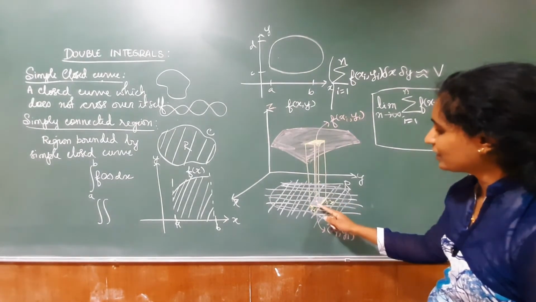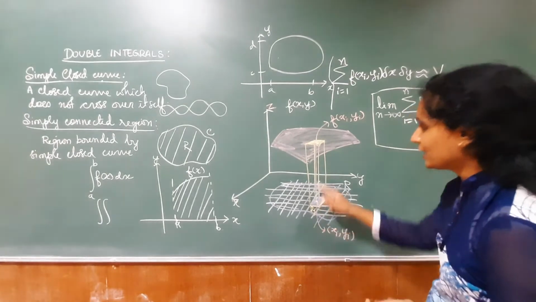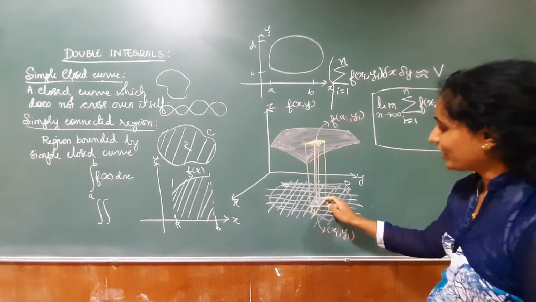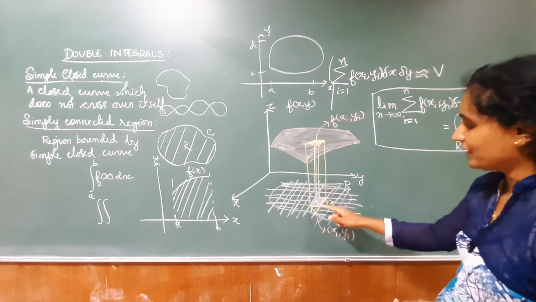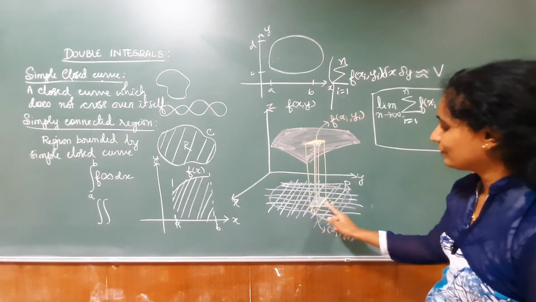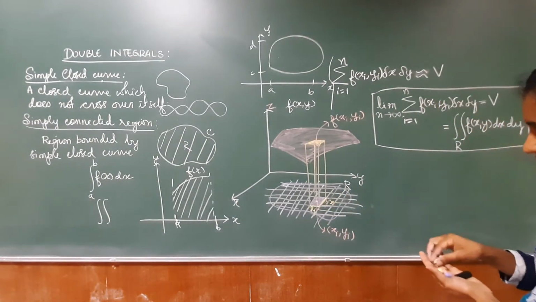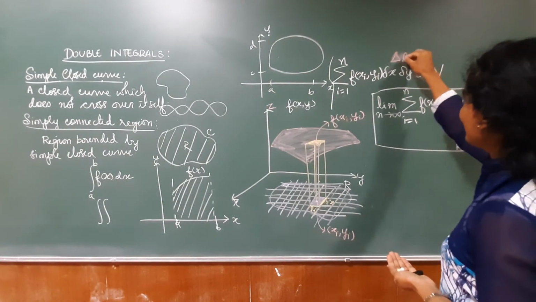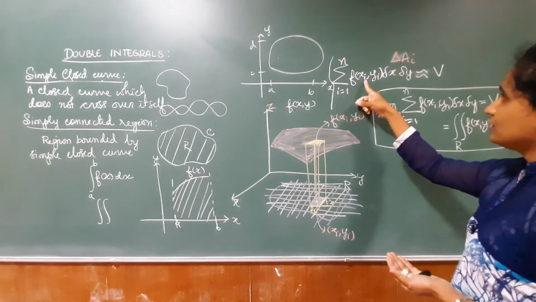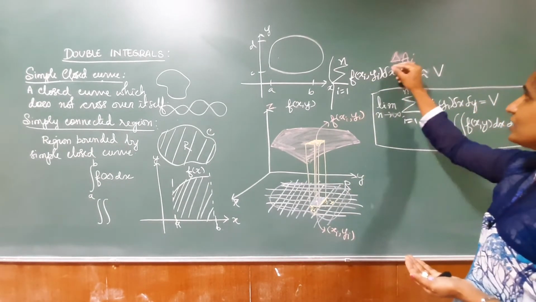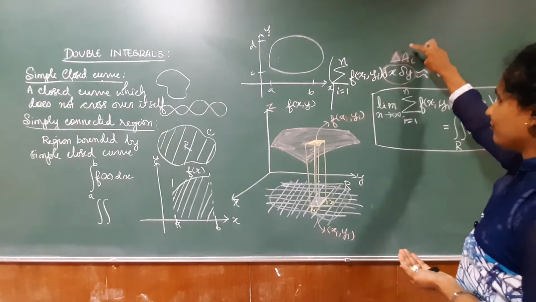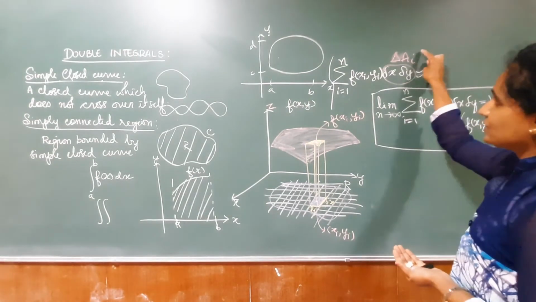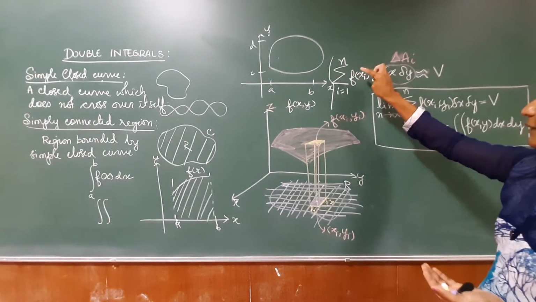Suppose this was a circle, then I will consider the area of the circle into height. Suppose this was a square, I will take the area of the square into the height. In general, this bottom is nothing but delta x into delta y. I can replace it by some area, say delta a i. If I consider the ith rectangle region, I can replace this delta x delta y, that is the area of the bottom region, as some delta ai.